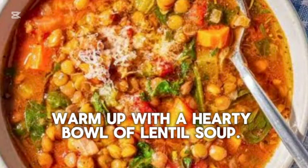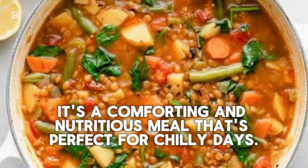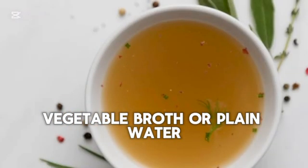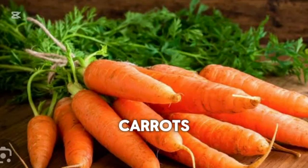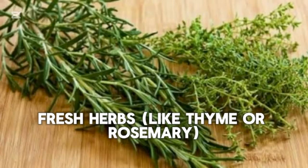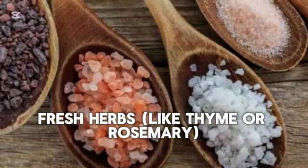Warm up with a hearty bowl of lentil soup. It's a comforting and nutritious meal that's perfect for chilly days. Ingredients: lentils, vegetable broth or plain water, carrots, celery, onion, garlic, bay leaf, fresh herbs like thyme or rosemary, pepper,